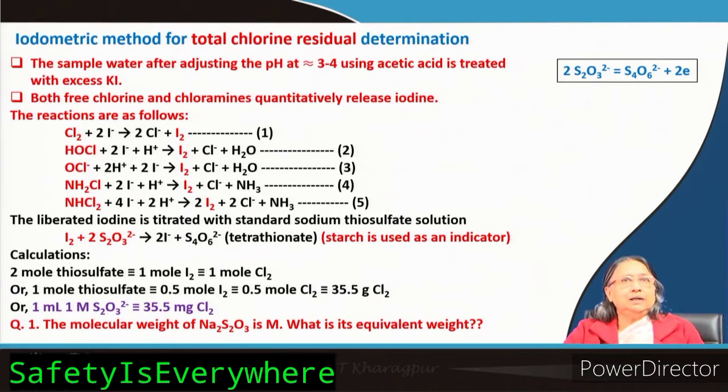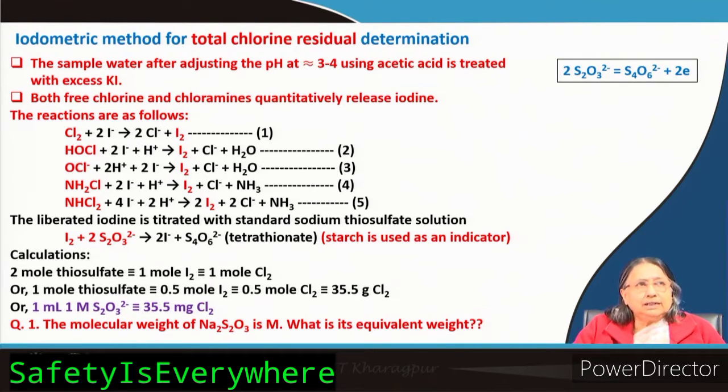We all know that for this type of iodometric titration, we take the thiosulfate solution in the burette, and we take the solution where iodine is generated in the conical flask, and then we start adding thiosulfate, using starch as the indicator. But when will we add starch? From the beginning, or after some time? We all know that iodine has a brown color, or if its concentration is less, then it is yellow. If it is brown, then in the beginning we will not add starch.